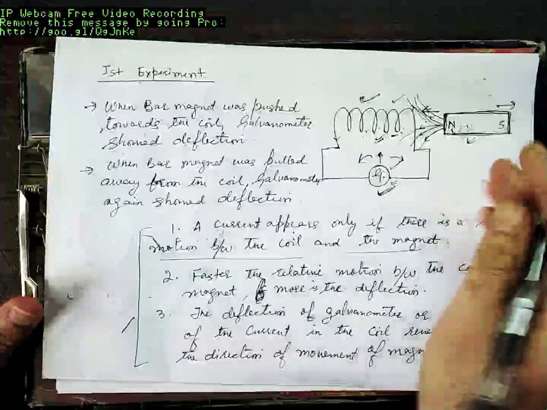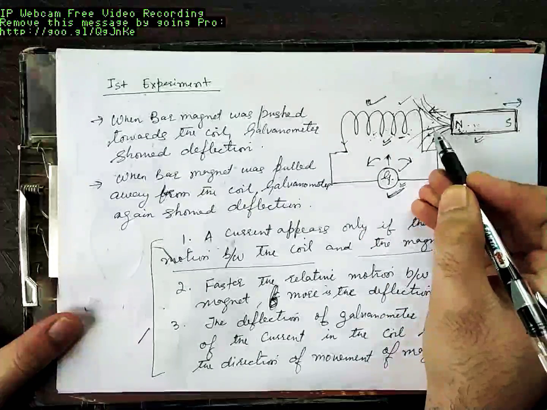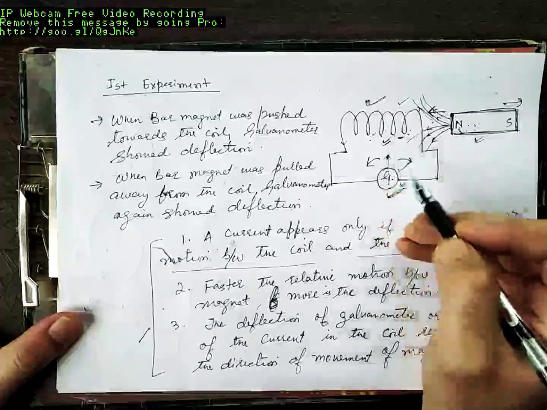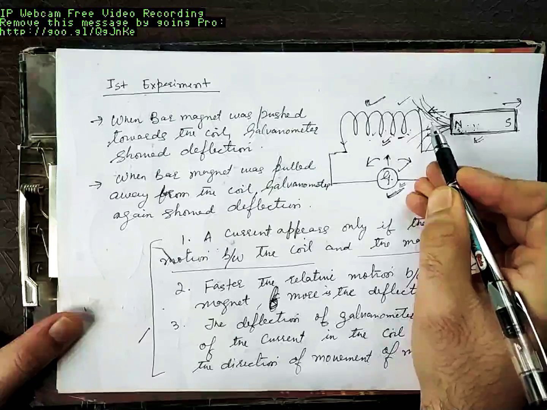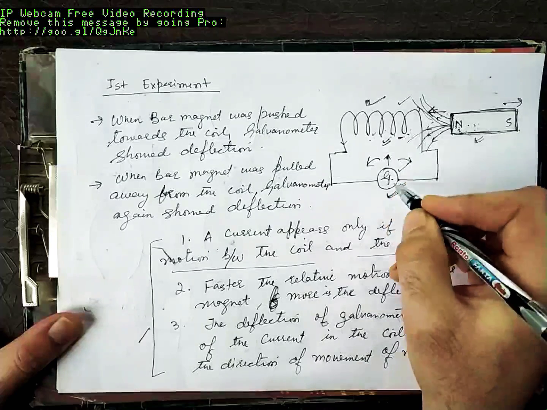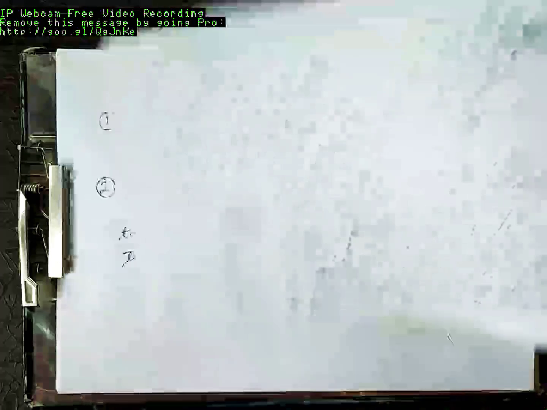In other words, if we move this north pole slowly towards the coil, it will induce voltage, it will show deflection. Now if we move this north pole very fast towards the coil, it will again change the flux, and this galvanometer shows more deflection because more flux change occurs. So mathematically we can say,